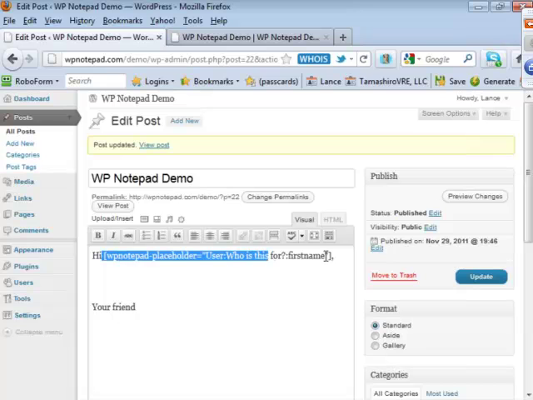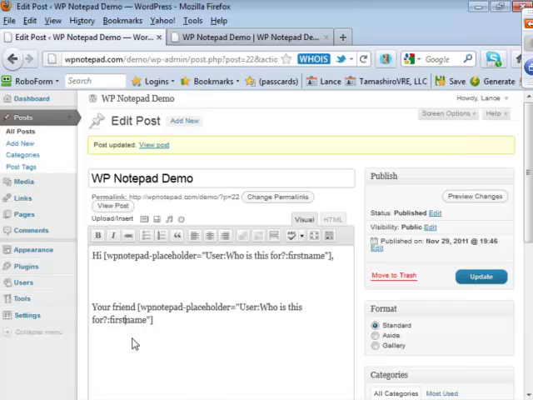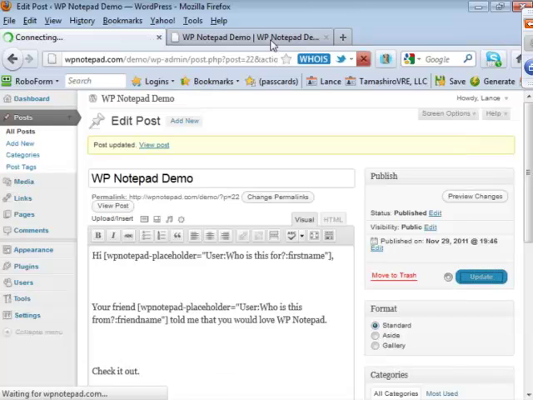Then I'm just going to copy this again and paste this in here, and I'm going to change first name to friend name, and I'll put who is this from. Okay. So now I've got hi user, your friend told me that you would love WP Notepad. Check it out. Okay, so now I'm going to hit update here, and let's see what we've got.